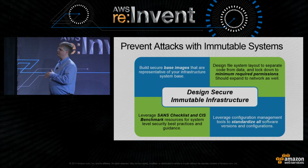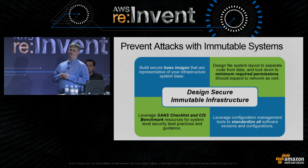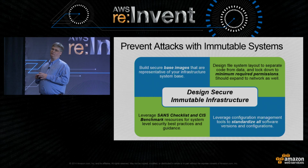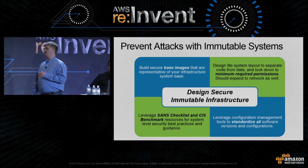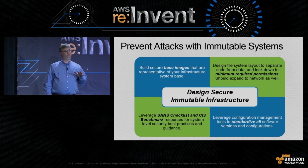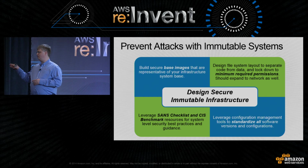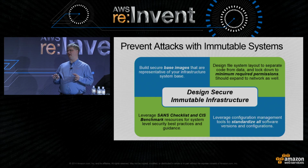So, immutable systems. The first thing is to build base images that include almost everything that you need on almost every one of your systems. You should work towards, and this is a goal, honestly, because it takes design at each system level, a place where those systems literally are read-only except for the data. You should implement things like CIS benchmarks and SANS checklists. They give great guidance on the type of auditing and the type of lockdown of systems that you should implement so that you don't naturally fall into the problems you would otherwise have, and you can avoid wholesale attack vectors. Finally, leveraging configuration management, standardizing all software deployments and all changes to configuration through that pipeline makes it reproducible,